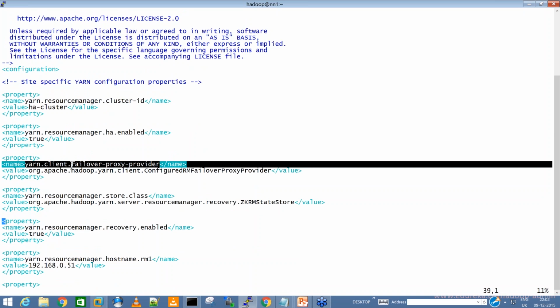What you don't want is that when the failover is happening, all the client jobs will fail, right? So you don't want that. You don't want client jobs to fail during the failover process. So what this failover proxy provider class actually does is avoid that whole thing. It avoids it by providing a failover class to both the resource managers. Once the active goes down, it provides support to the jobs